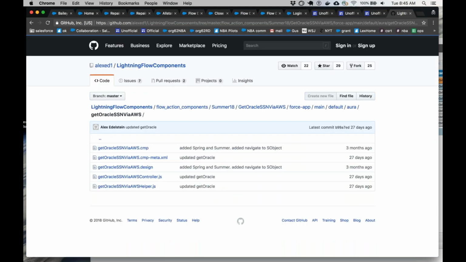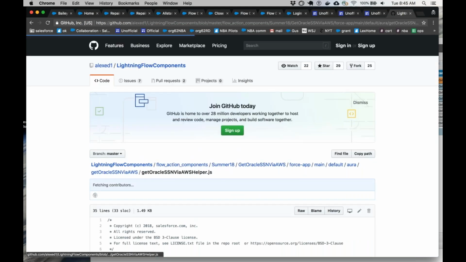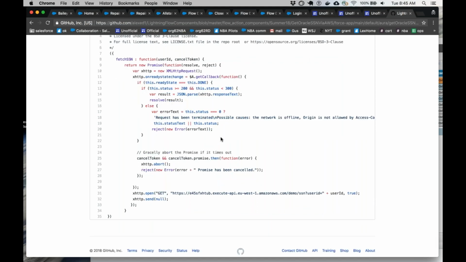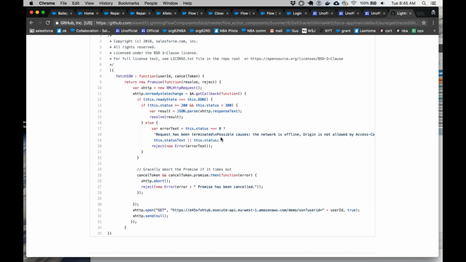So all the magic is happening in the helper. And you can see here that we are doing it asynchronously, which is always a best practice. You don't have to, but we recommend it. We create a promise here. We generate an HTTP request. I'm completely punting on